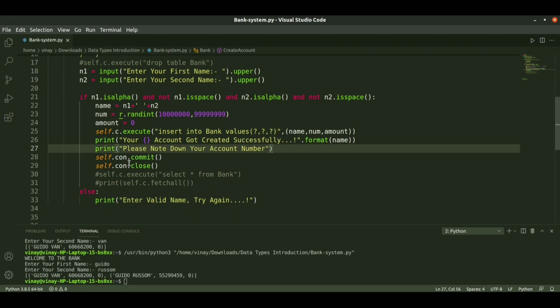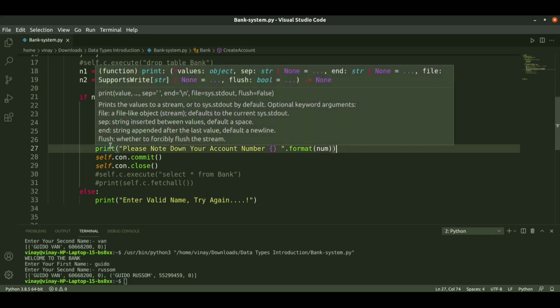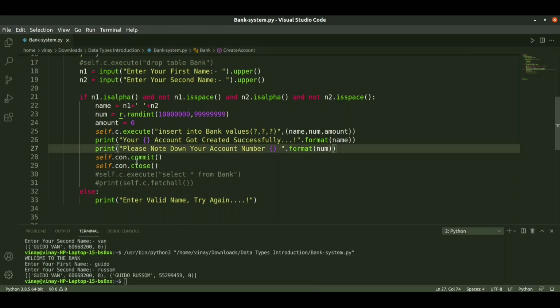So for this we will print please note down your account number by using the format specifier. This is the account number, and we will pass it with dot format. The account number is the number generated by the random module, stored in the num variable, so we pass it as num. So right now we have created the account, and this is successfully displayed.